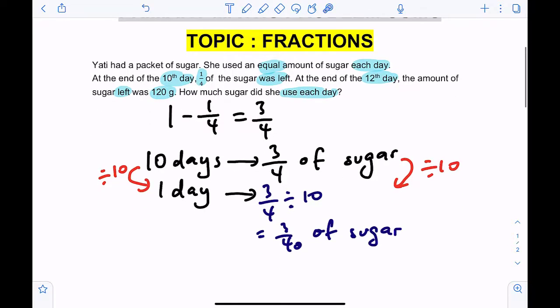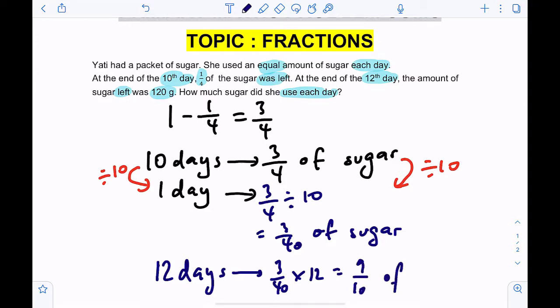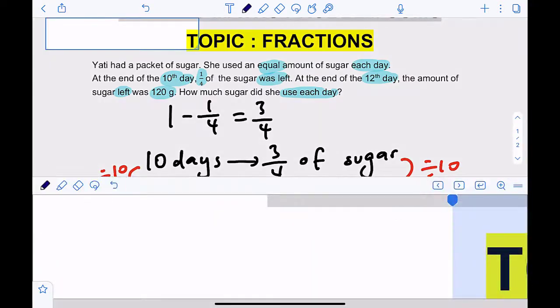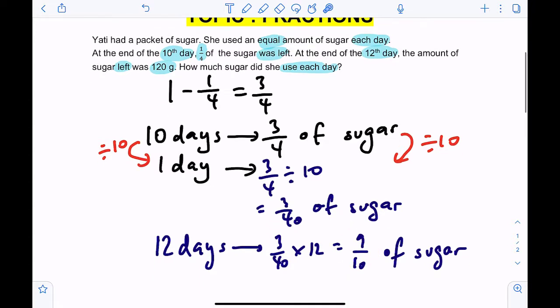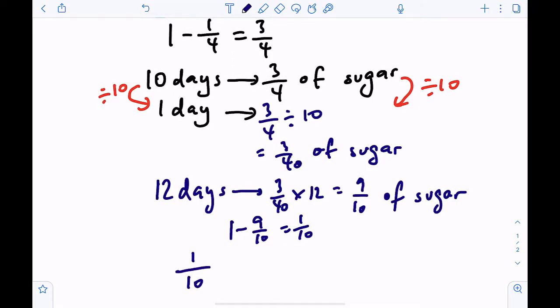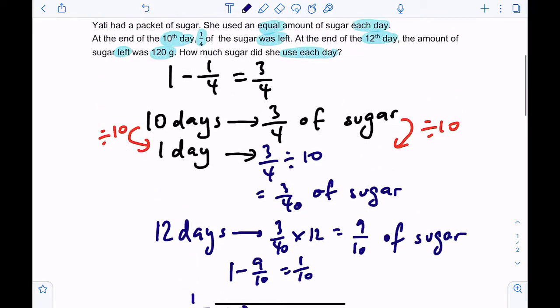Okay, now I'm interested in 12 days because I know how much she had left in the end. So I can find how much she used in 12 days. In 12 days, she would have used 3 over 40 times 12. And this will give us 9 out of 10 of her sugar. In 12 days in total, she would have used 9 over 10 of her sugar, which means she will be left with 1 out of 10 of her sugar. Okay, so 1 whole minus 9 out of 10, we'll get 1 out of 10, and 1 out of 10 will be representing whatever she's left with, which is